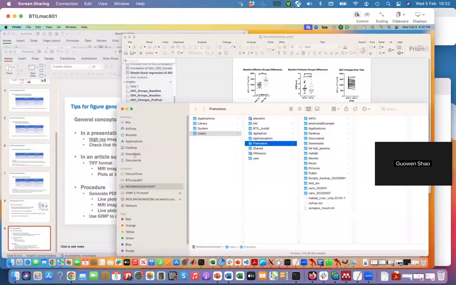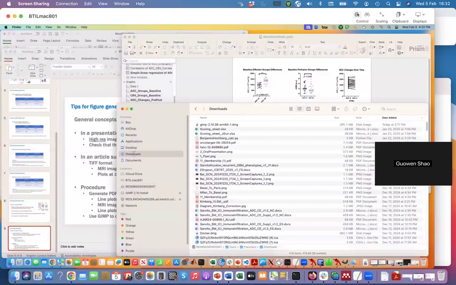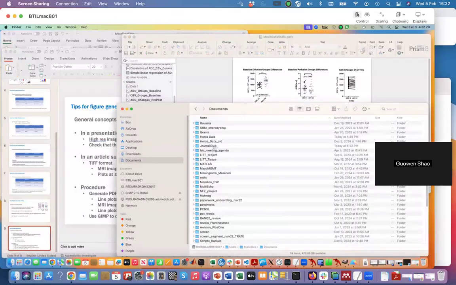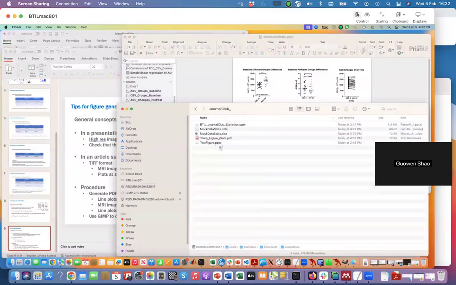Who knows where I put this data? Documents. Here. Okay, so I have a temporary PDF, and